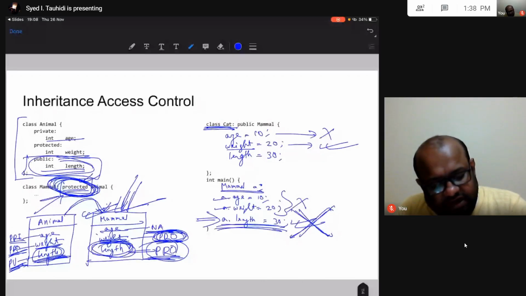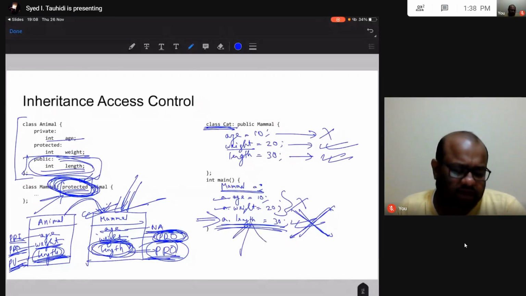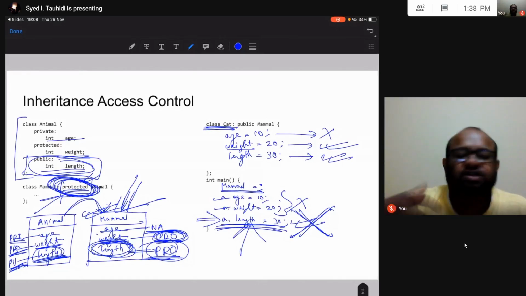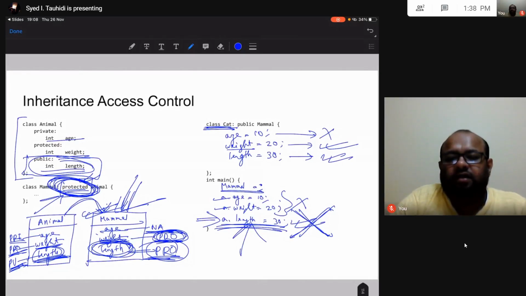Protected cannot be accessed in the main function, in any other function, or outside my class inheritance. But in classes that inherit from animal, I can access this length, right? This is what I have.